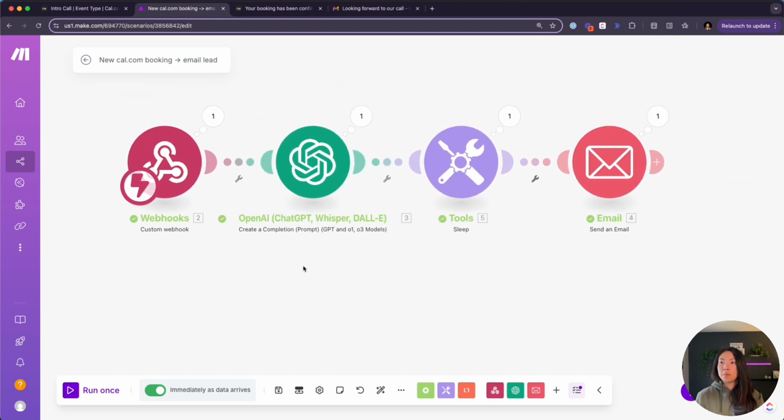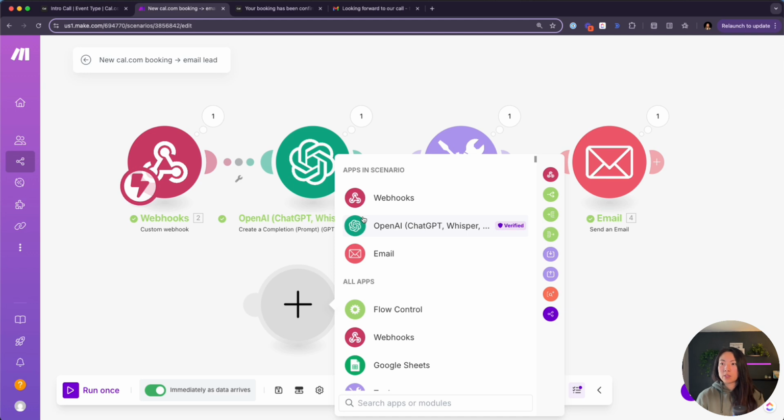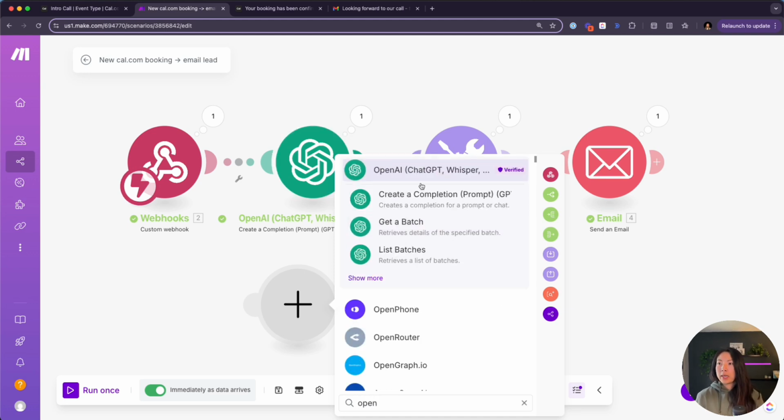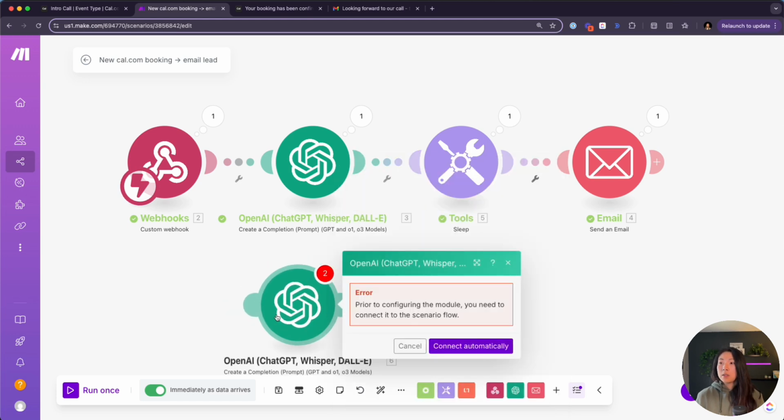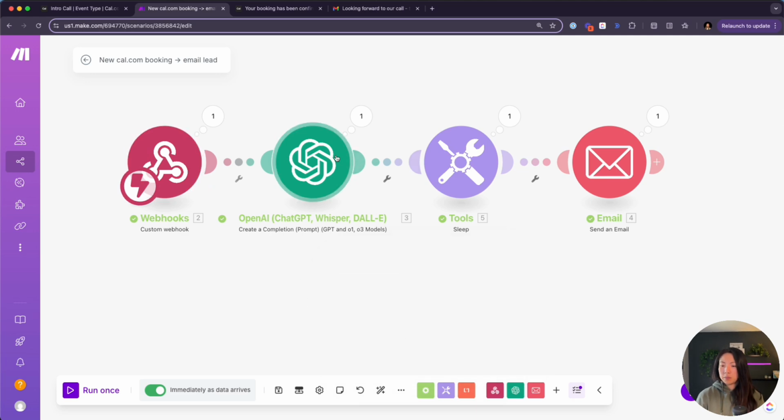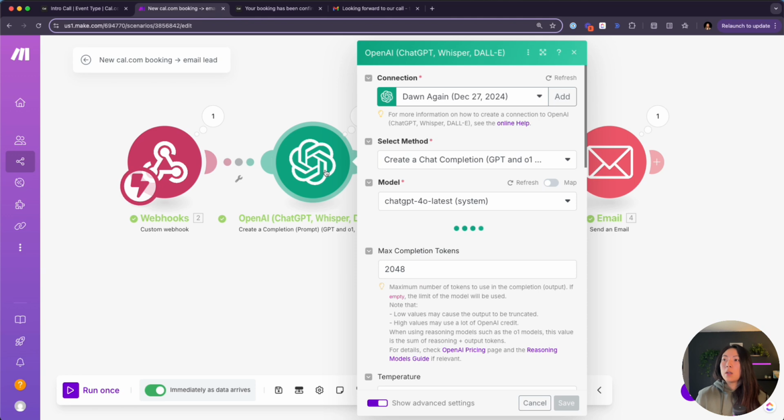And creating modules in make.com is very easy. You can double click anywhere on your canvas and search for it. And I use this one a lot. So I can just type in OpenAI, and we're going to create a simple completion prompt. And then from there, because this isn't connected, you want to actually connect it to the workflow. What you end up getting is something like this. And I'll walk you through the steps because typically